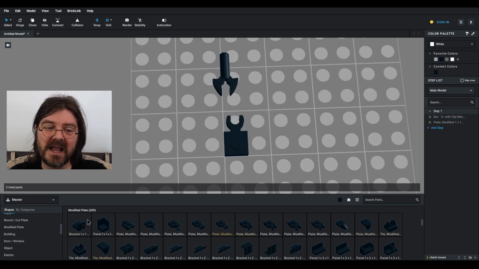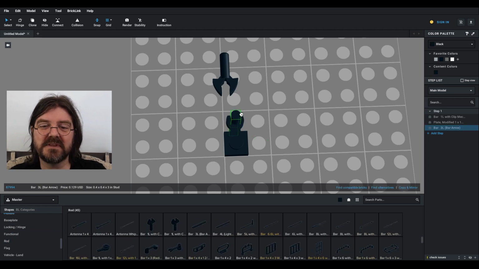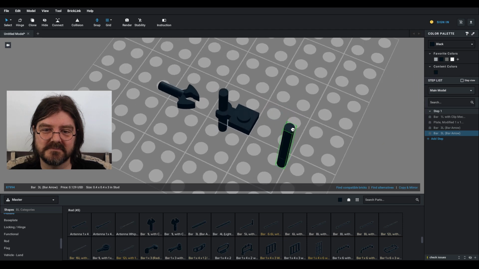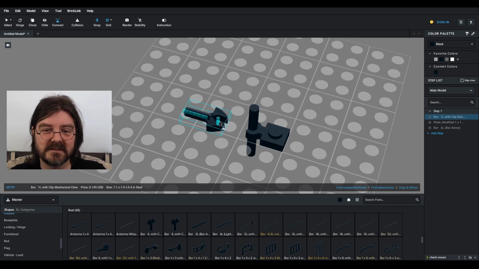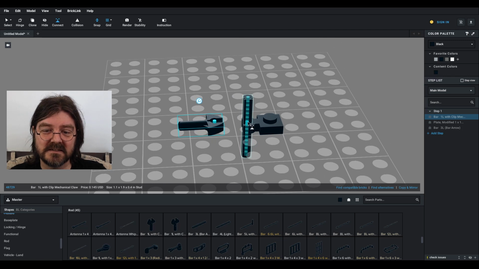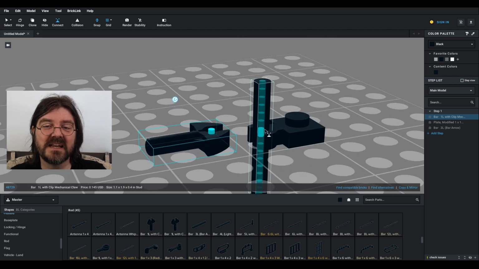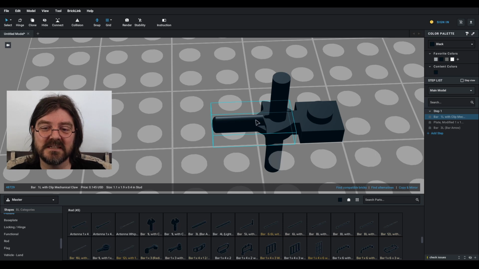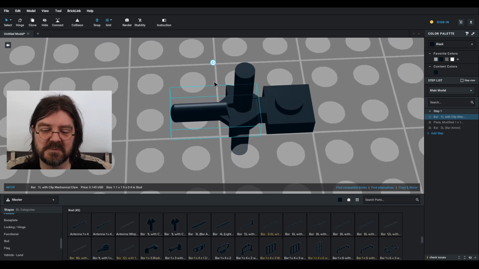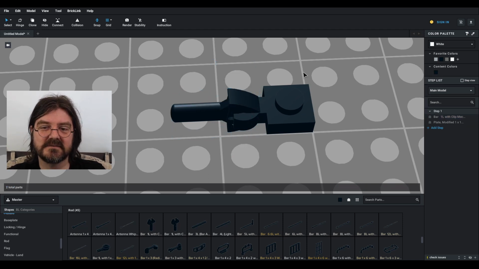So go ahead and grab yourself a rod and put that into one of the clips, and then what you're going to do is connect the first clip to that rod so that it is level with the other clip, and then you can rotate the first clip and then delete the rod.